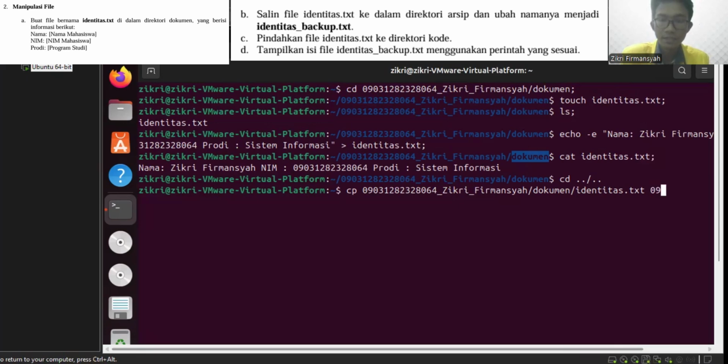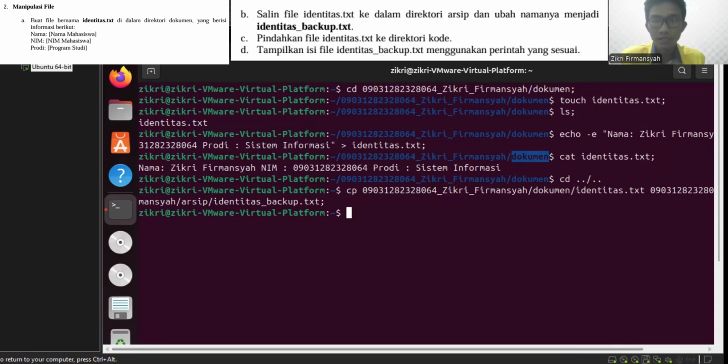So I want to copy this file into the archive directory, and then don't forget to change the name into identitas backup.txt.